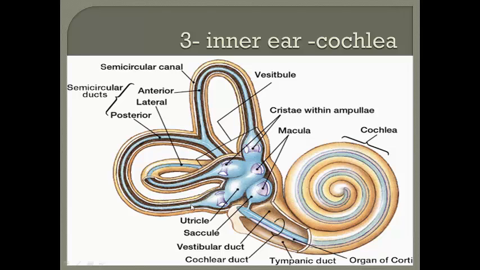Inside it is the endolymph. The endolymph moves freely inside them until it reaches the base, which is called the ampulla. This is the ampulla of the semicircular canal. Inside the ampulla, there is